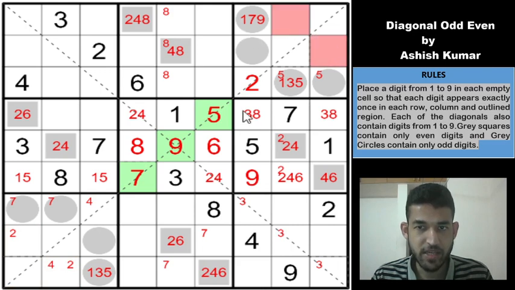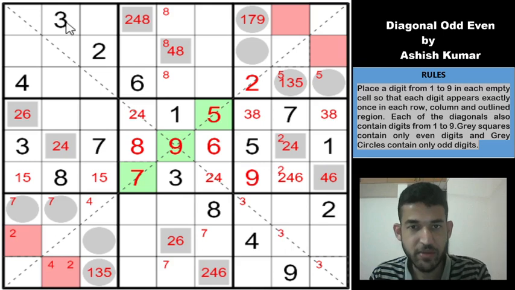So let us use a different color for even, maybe red. These cells will be even and these cells will be even, because for the diagonal you will need exactly one odd digit from this box and one odd digit from this box, right? Obviously you cannot have both the odd digits here, as that would mean you will have 6 odd digits in this box, and similarly you cannot have none of the odd digits in this diagonal, which would mean 2 odd digits are in this diagonal, again not possible, right?